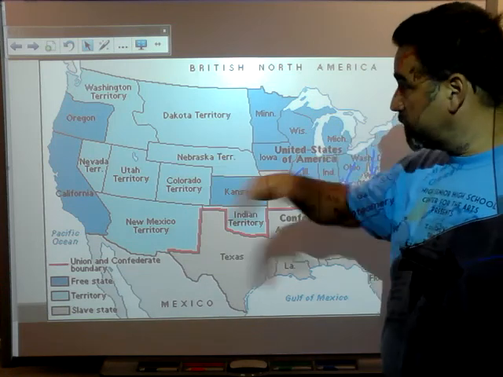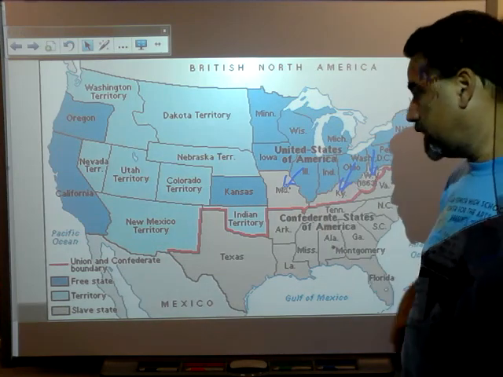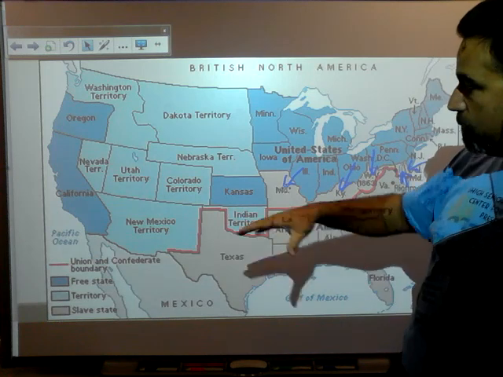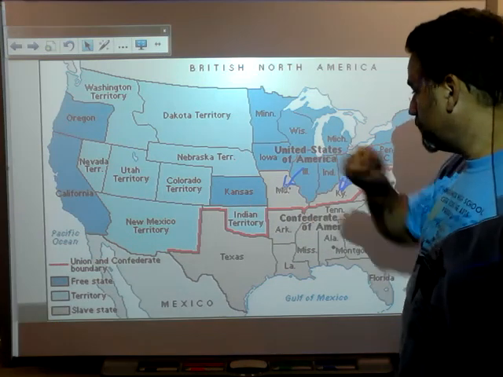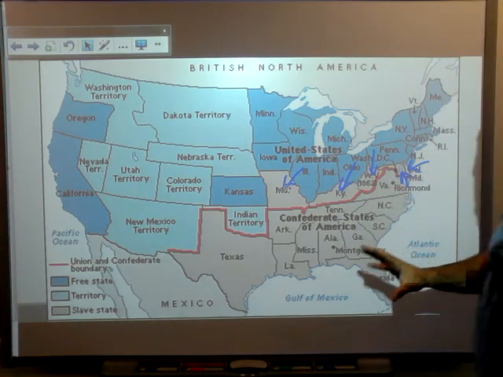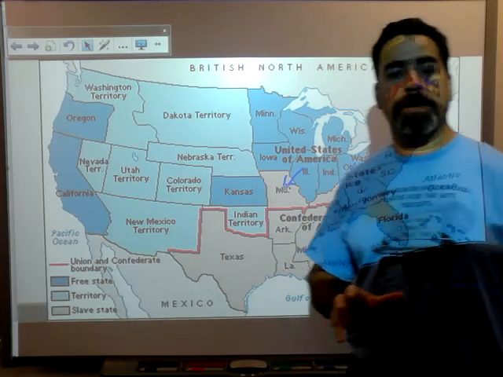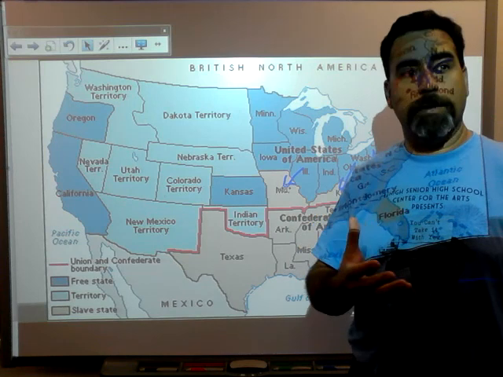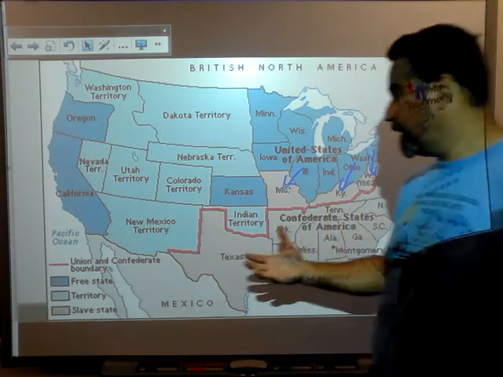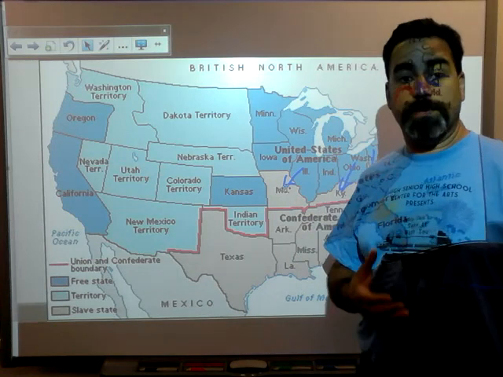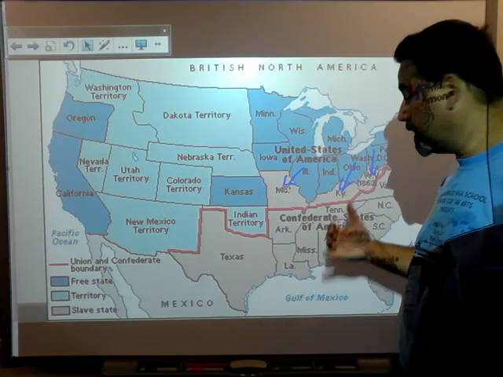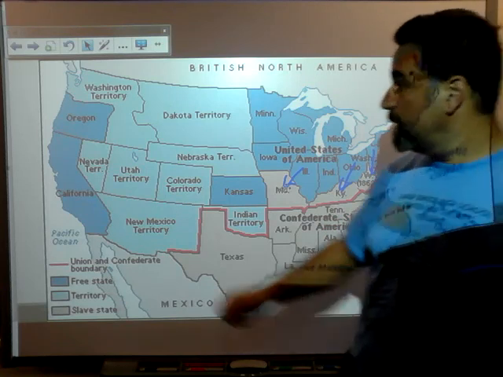The blue, of course, is territories, and they were not necessarily counted in this. But we can kind of see what's happening here. We've got an awful lot of confusion going on, but we also have a very big chunk of real estate that now Abraham Lincoln is going to have to figure out, how am I going to get this really large territory back into the Union? I mean, by conquest. I mean, we're talking a real challenge here. This was a huge, huge area.